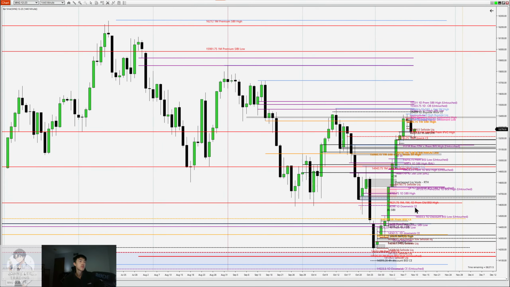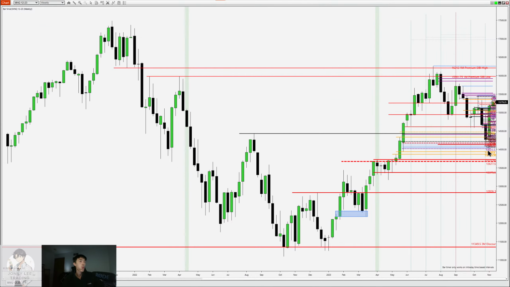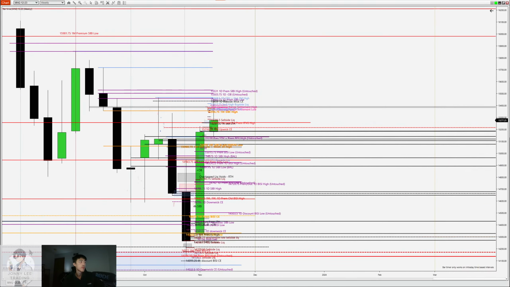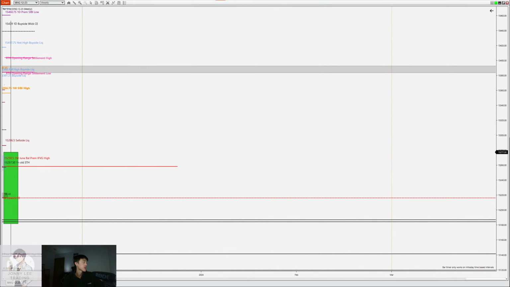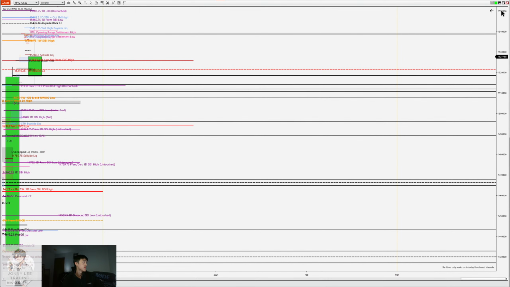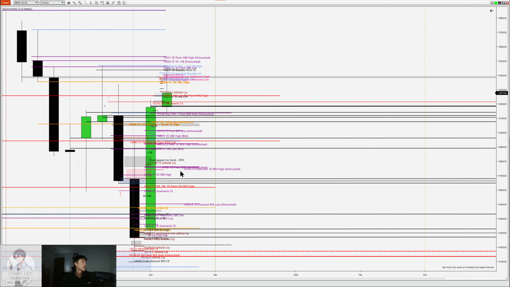Okay, so let's start with where we are in the week. So we know that this weekly candle is what we're looking at right there. That guy. So right now, we can see that we've created a high of week already. We have a weekly gap down below that we can head to. We haven't taken this high here.